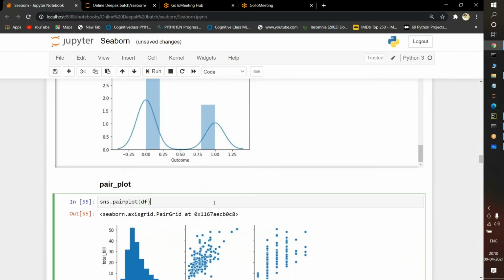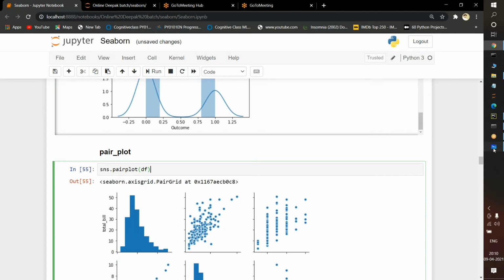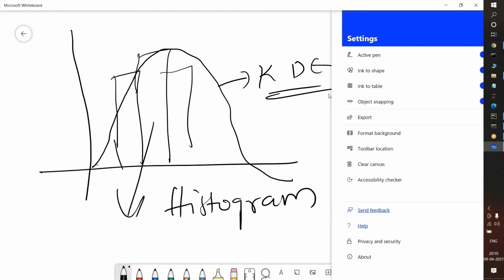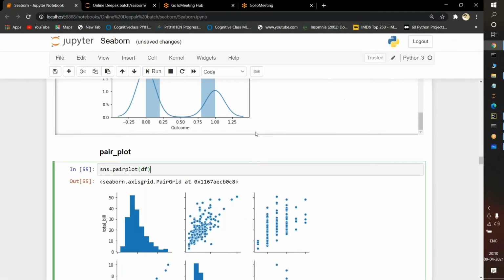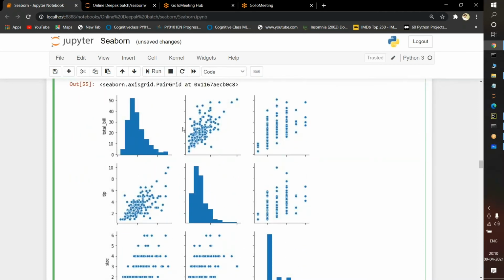Okay. Now pairplot. I told you pairplot is the best example for a multivariate analysis. We will see how the multivariate analysis is going to look. So see here, multivariate analysis can be applied to the entire data, no problem, because for each and every column, it is going to give the visual representation. So what I'm doing here is sns.pairplot. I'm passing the entire data, df data. If I execute it, see, these are the representations.